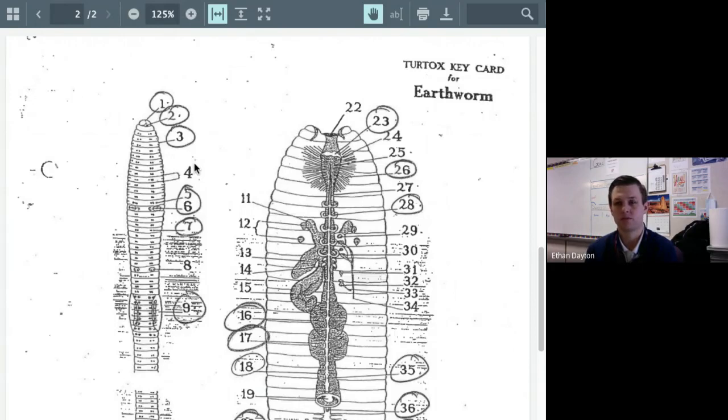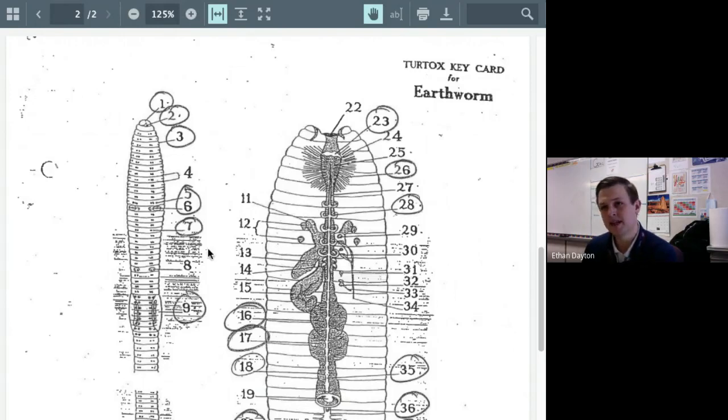CT, very good. Thank you for that. I appreciate it. Yeah, so there are bristle-like structures on the worm. You guys didn't get to feel them, but if you ran your finger along the segments of the worm, you can feel these small bristles that are used to help it move and anchor itself. Very good. So 7 is pointing at one of those bristles that are among the many segments.